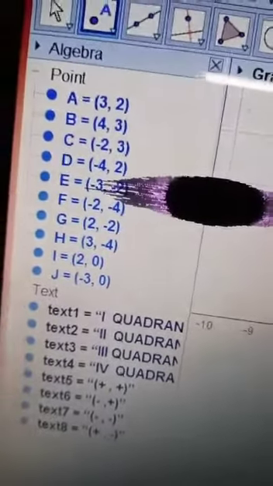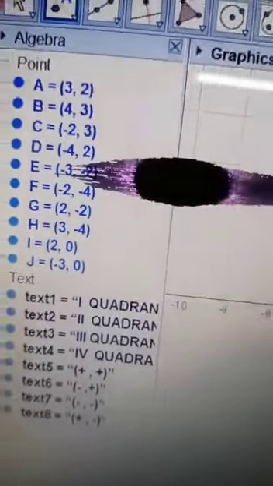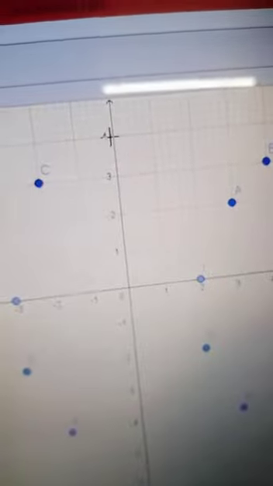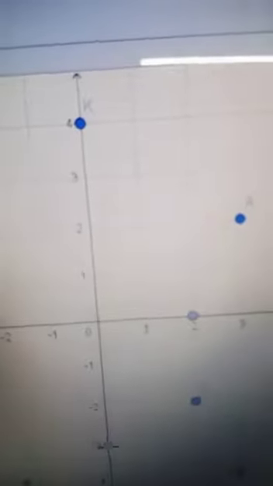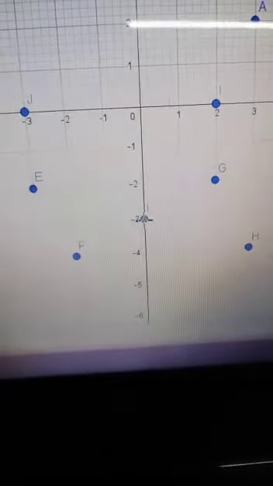Okay? Now I am taking 2 points on the y-axis. See, I am taking 1 point on the y-axis, 1 point in the positive direction. Say this is the point K, and 1 point I am taking here. See, I am taking this point L. This is in the negative direction on the y-axis. So what will be the coordinate of this K and this point L? I am showing you.